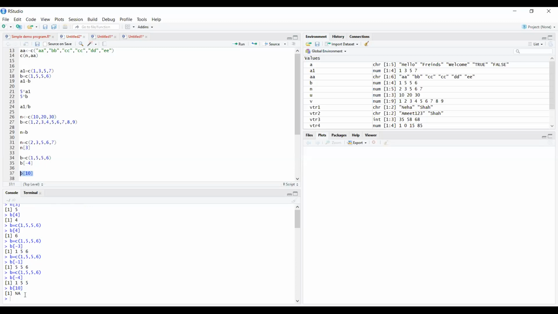It is a part of your out of range index value. Whenever you are missing some range, it will tell you NA, meaning not a number, or you can also call it not an applicable range. In this manner you can see how different positions or indexing work, and this is an out of range index.